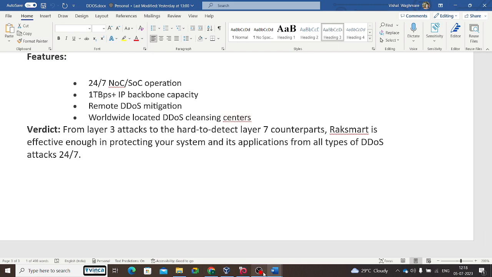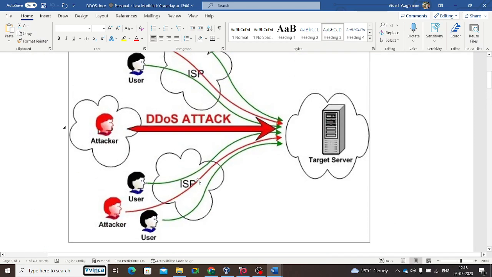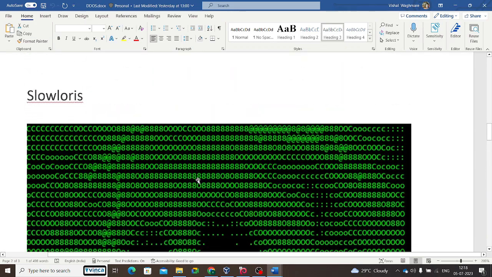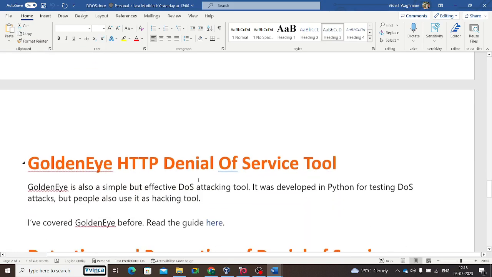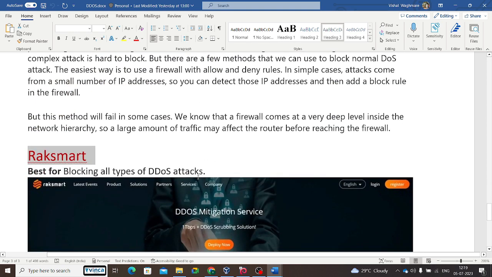Okay. I hope you understood DDoS attacks. What we did, we just saw DDoS attacks, botnets, and then tools which we can use for DDoS attacks, like Slowloris. Another tool is GoldenEye. This is a simple tool. You can do a Google search, download the GoldenEye repository, and follow it.